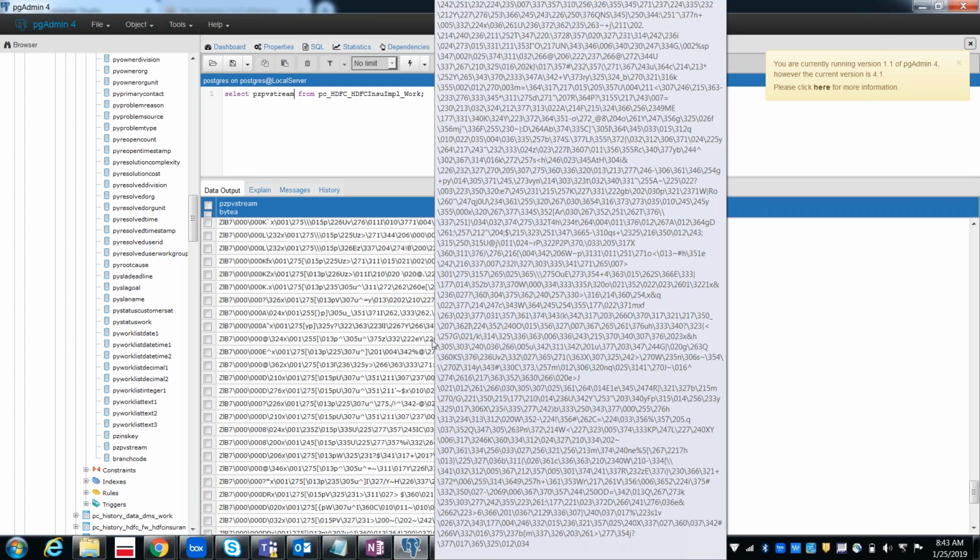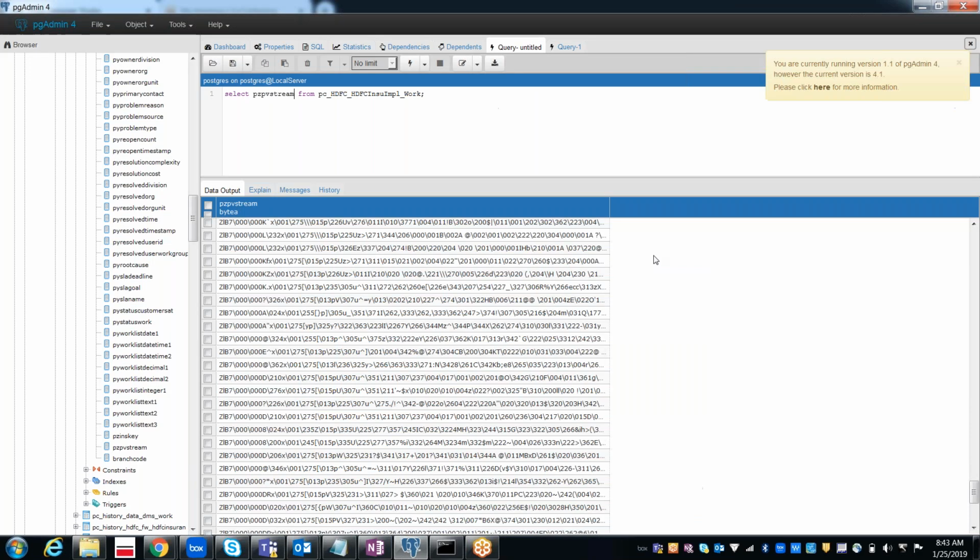So the main advantage is, as it is in the blob format, it is going to occupy less memory. If you have even 100 different columns in the table, it is going to take much storage, a lot of memory. And even when the work object is moving from your Pega application to the database, it is secured, as it is in the blob format. So when someone hacks your work object information, it is still somewhat secure.